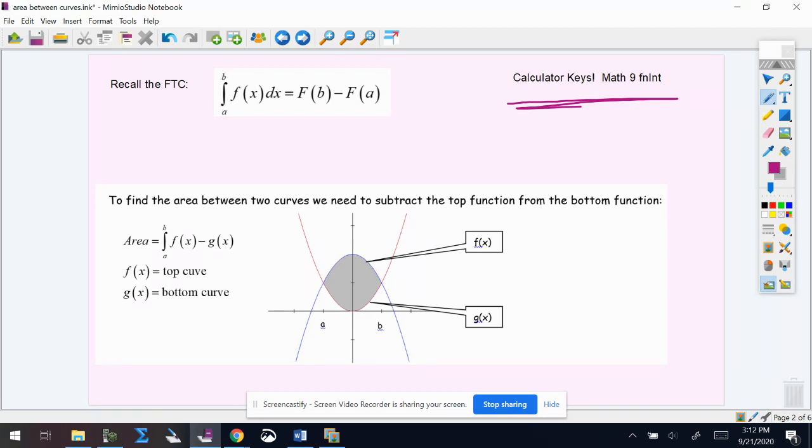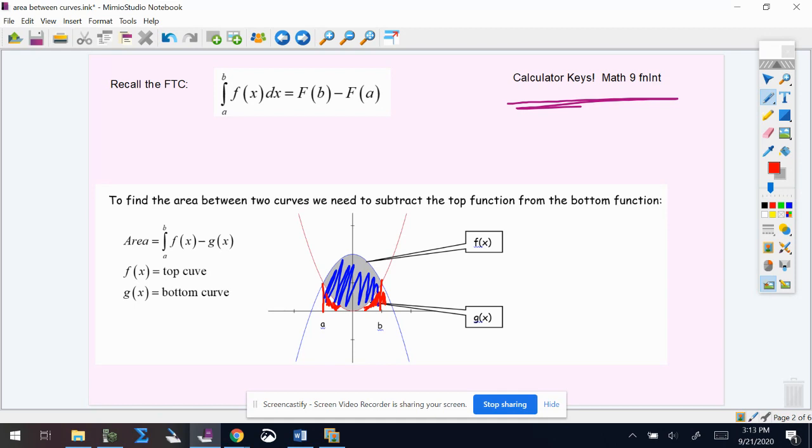Now if we're trying to find area between curves, instead of having a single curve, we have multiple curves. I have things color coded on the screen. If we have these two curves, F is the blue upside down parabola, G is the red parabola, and we want to find the area between them. We're going from A to B. If I just found the area under the blue curve, here would be my area under the blue curve. But I don't want to include the area that's under the red curve because that's not part of the shaded region. So I'm going to subtract off the area under the red curve,